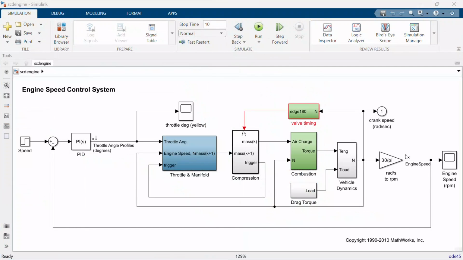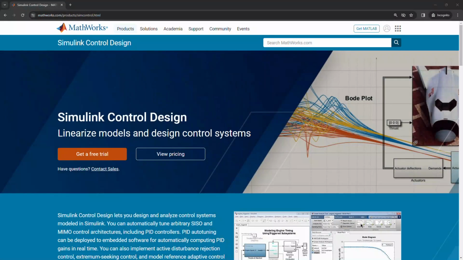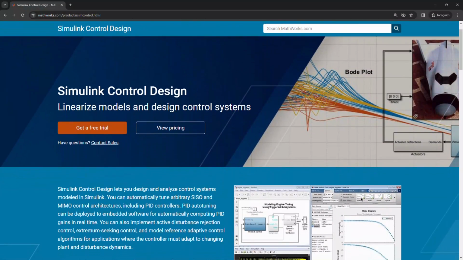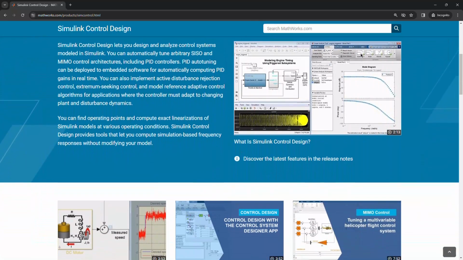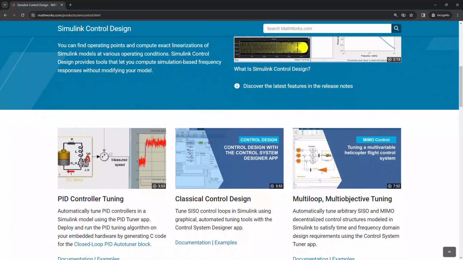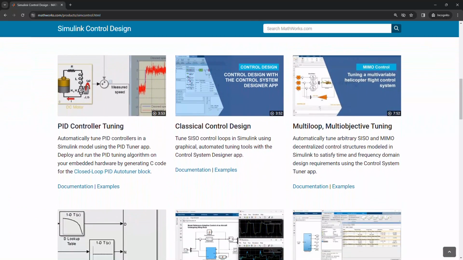Simulink models are often used by control engineers for control design, and we see that they model dynamics of the system in Simulink and want to analyze or use the frequency response of the Simulink model. Simulink Control Design is an add-on to Simulink that allows you to design and analyze control systems. We can use this product to compute the frequency response of the Simulink model, and there are two ways to do it.